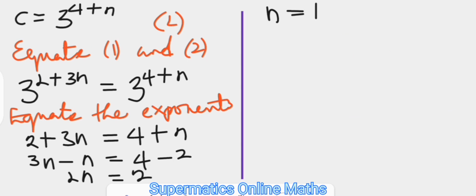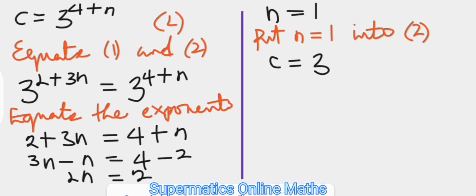That is the power to which y is raised. Since the question is asking for the relationship between x and y, we put n equals 1 into any of the equations. Say equation 2, in order to get the value of the constant. Equation 2, c equals 3 raised to power 4 plus n, that's 4 plus 1, which is 3 raised to power 5, or